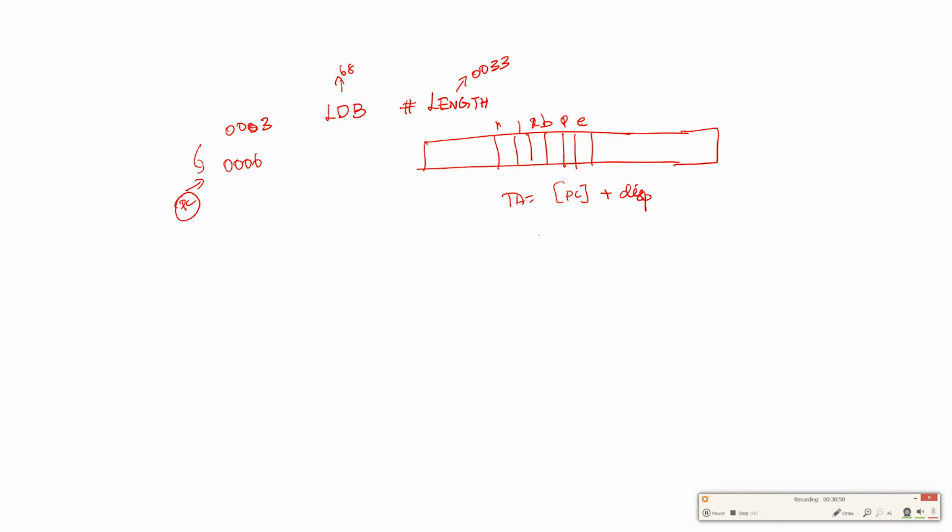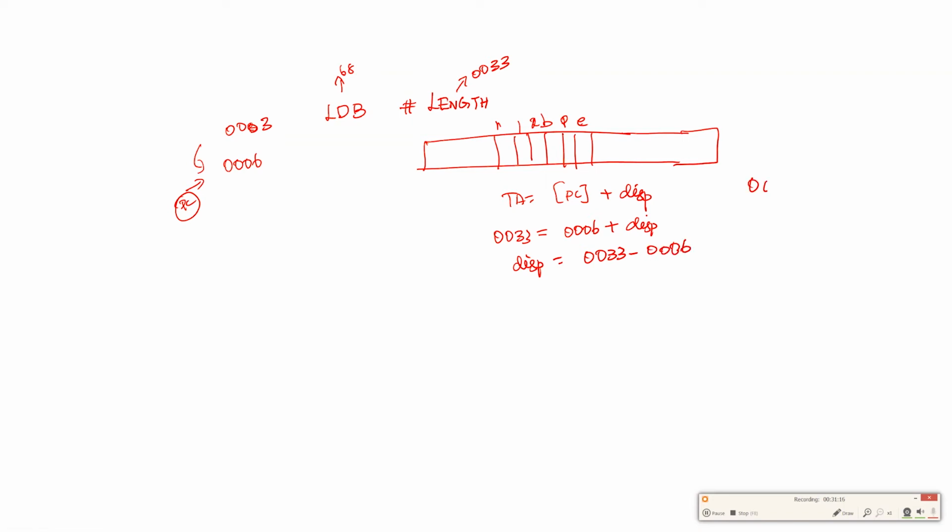For every instruction you have to use this. So PC relative addressing mode. Content of program counter is the next instruction, that is 0006. We don't know the displacement. Target address is length, that is 0033. So displacement is equal to 0033 minus 0006.